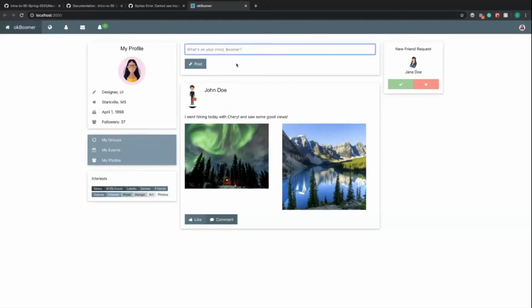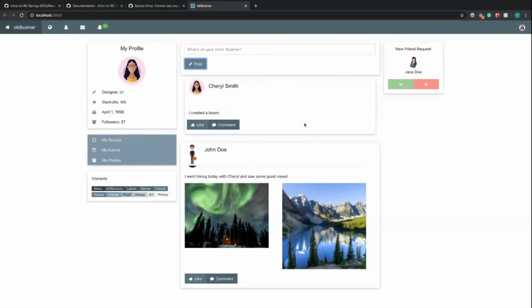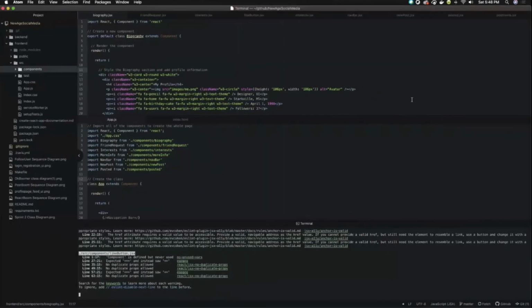You can also write on your wall saying, I created a boom, and then post that boom. And it's on your wall already. So you can also like your post and unlike it. And you can only like it once because you're only one user. And so how all of this works is that